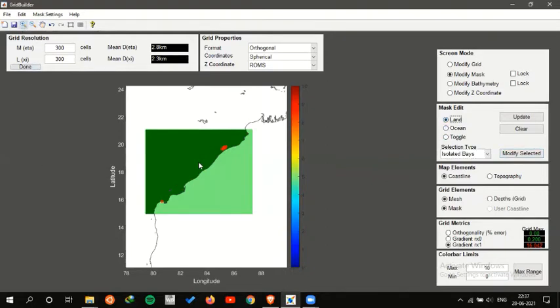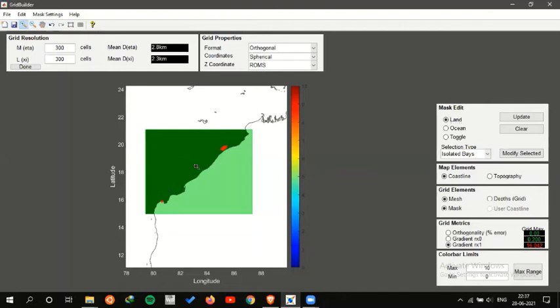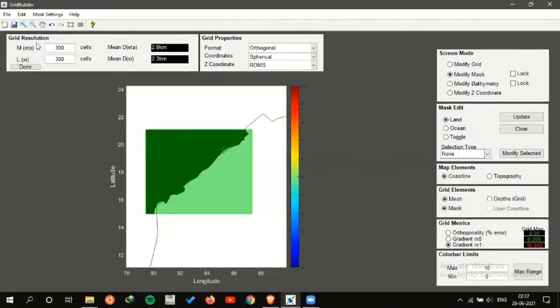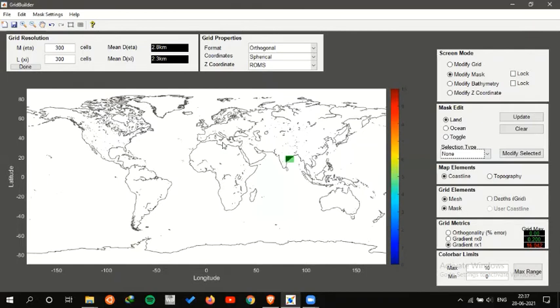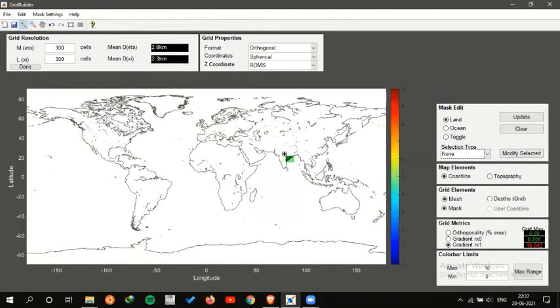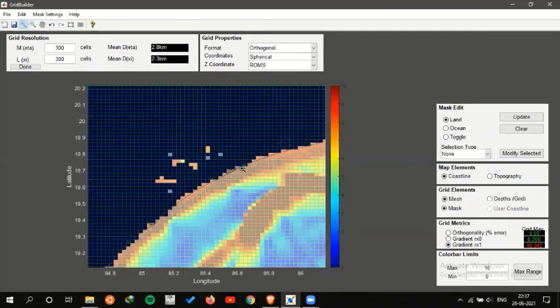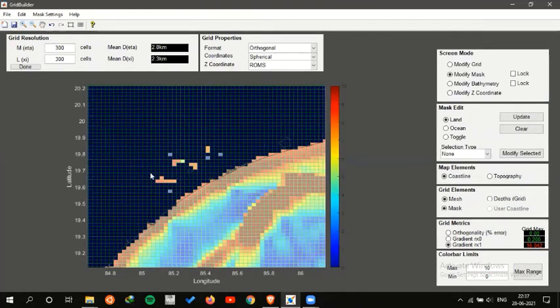For example, I want to change it manually, so I'll just zoom in. I see the mask over here. I'll change the isolation type to none, and I want to improve how my land looks. Again I will zoom into my region. These might be the inland lakes that the ROMS Grid Builder might have missed while calculating, so I'll mask them with my hand. You can see the masking is being applied